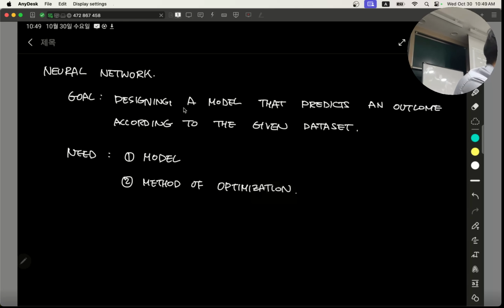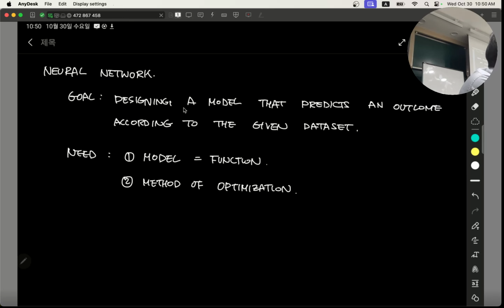So what is the model here? So a model is basically a function. So what does a function do? The word function really means that it's doing something, right? So it's doing something that is predicted to be